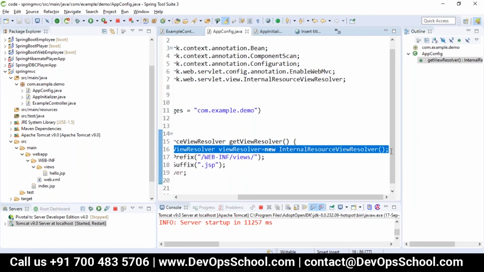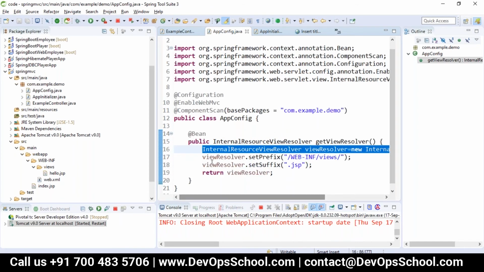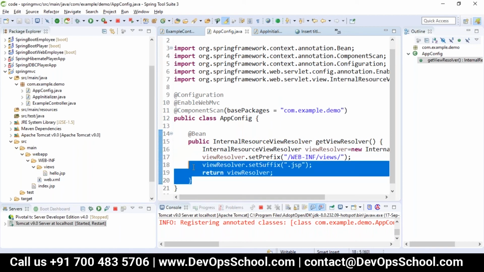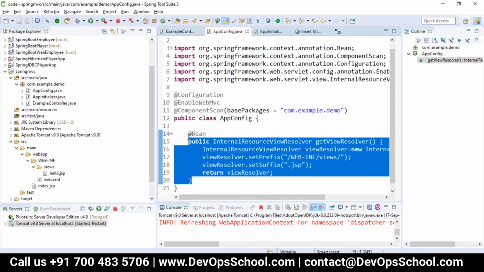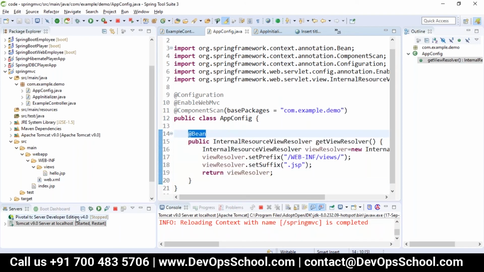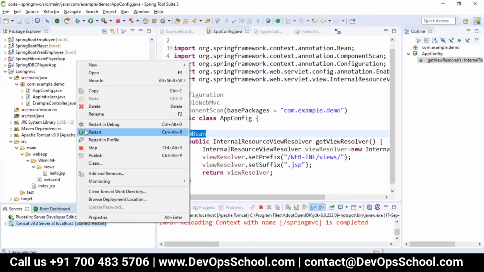If you write this code, yes, the object will be created, but we want the object to be created inside the Spring container. To make the object inside a Spring container, we have to write the @Bean annotation. Okay, so let it just preload.